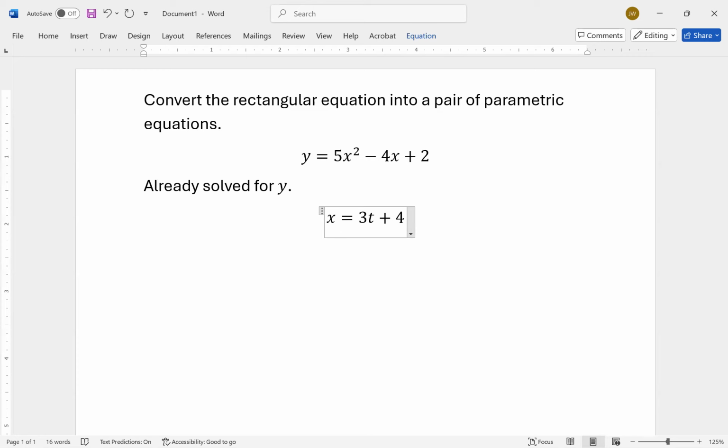Or I could set x is equal to 3t squared plus 4, or 3 times the square root of t plus 4. You get the point. We can set x equals anything that we want, where that anything we want is some function in t. Now, the easiest thing to do